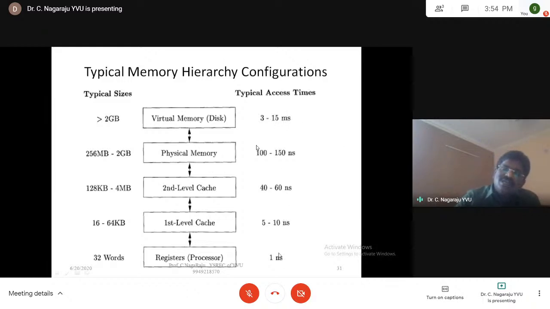So you see that when you go from top to bottom, the access time will be increasing from nanoseconds to minutes. That is nanoseconds to minutes, which means automatically the searching time will increase. But here, what is the function of the memory manager handled by the compiler? It takes the